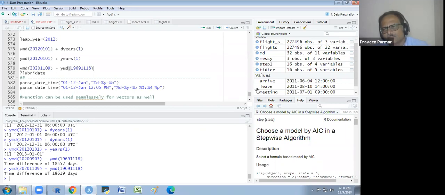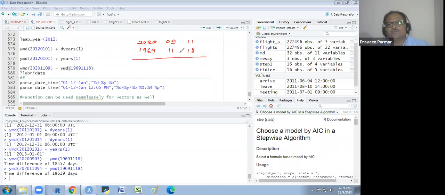Suppose I give my own example. Today is 9 11 2020, written in this way, and my date of birth is 1969 11 and 18. You see, 11 is smaller than 18. So I have to take one from the month here, and the 9th month is September.